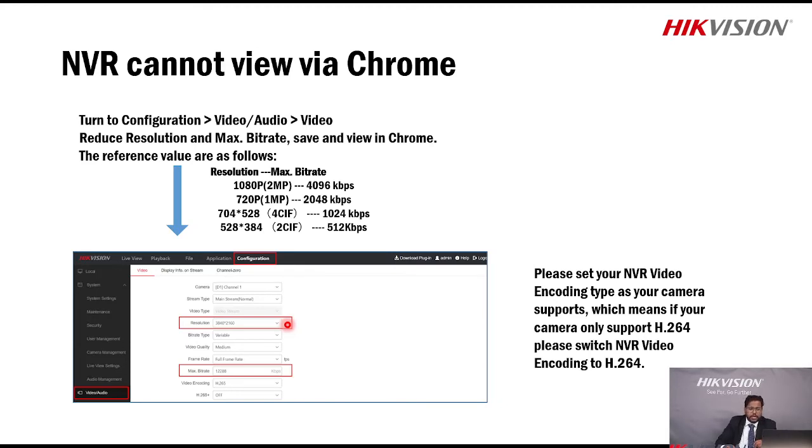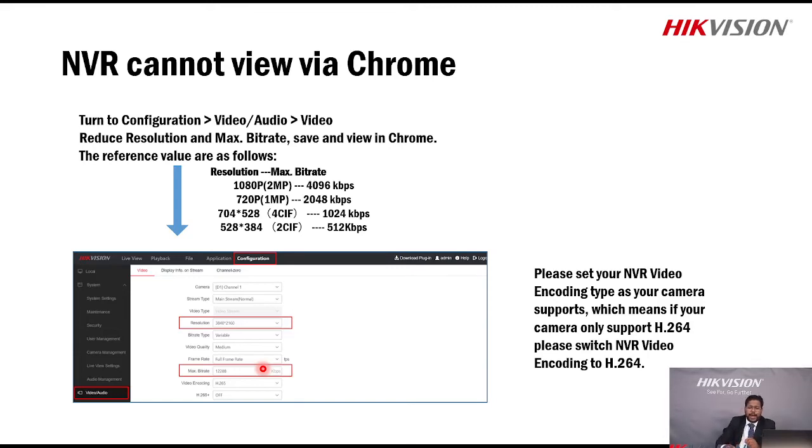You can drop down the resolution of your cameras, or you can select the proper resolution of your cameras, and then you can change the bitrate. So likewise, the solution is that bitrate जो है आपके cameras के उस particular channel के आप minimize करो, आप change करके देखो, and definitely you will get the live view start of your cameras on the Google Chrome.